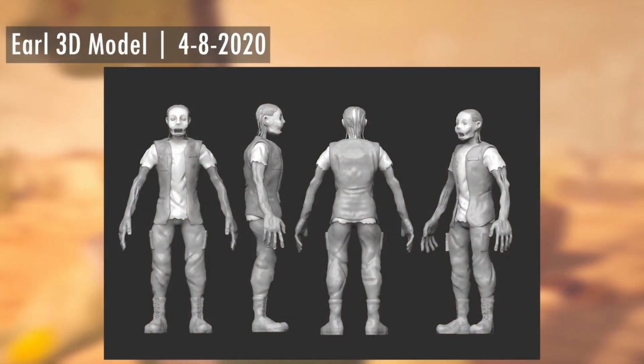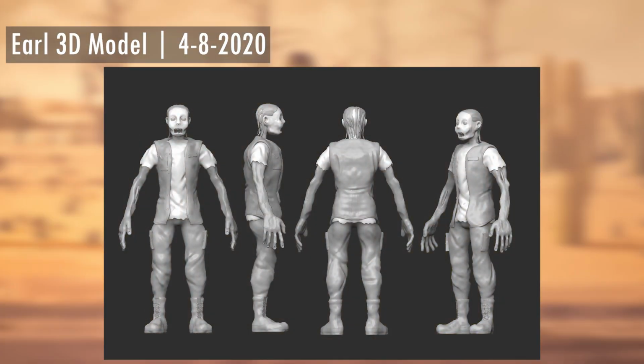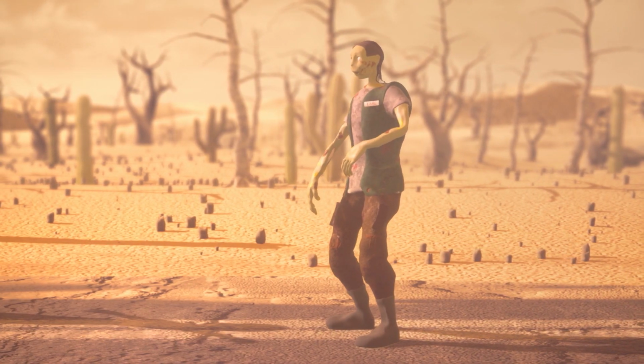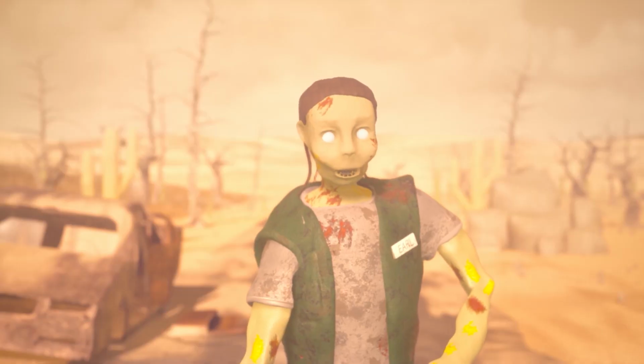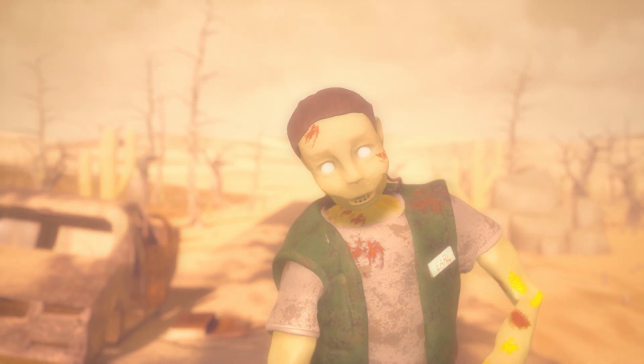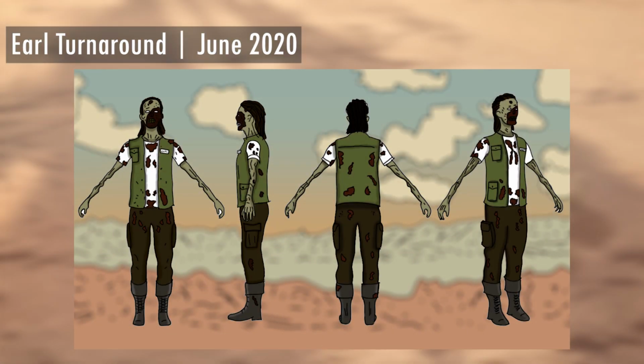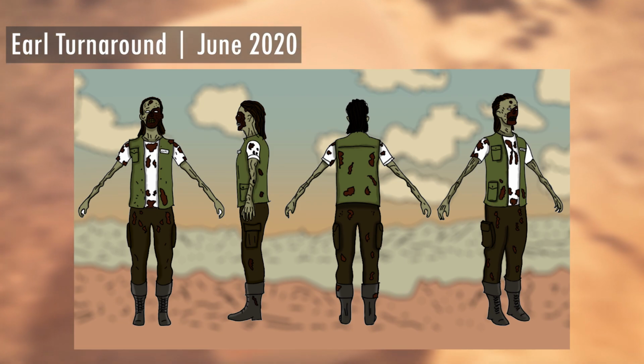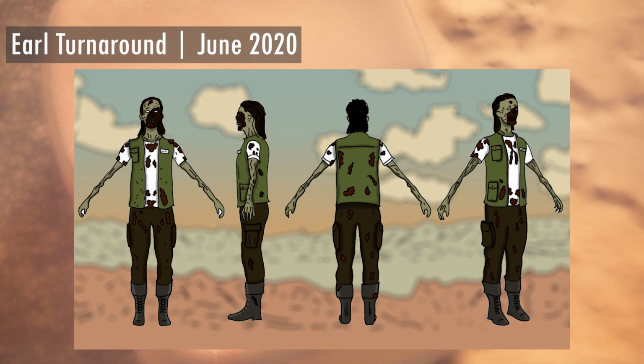Character modelling was one area I had been dreading for months. At the time, I didn't consider myself very good in ZBrush, and I still wasn't 100% sure on the style I was going for. I'm not a great character designer either, so the fundamentals of character shapes and silhouettes were the furthest thing from my mind, as my only aim was to create something that resembled a zombie using the turnaround I drew up for reference.